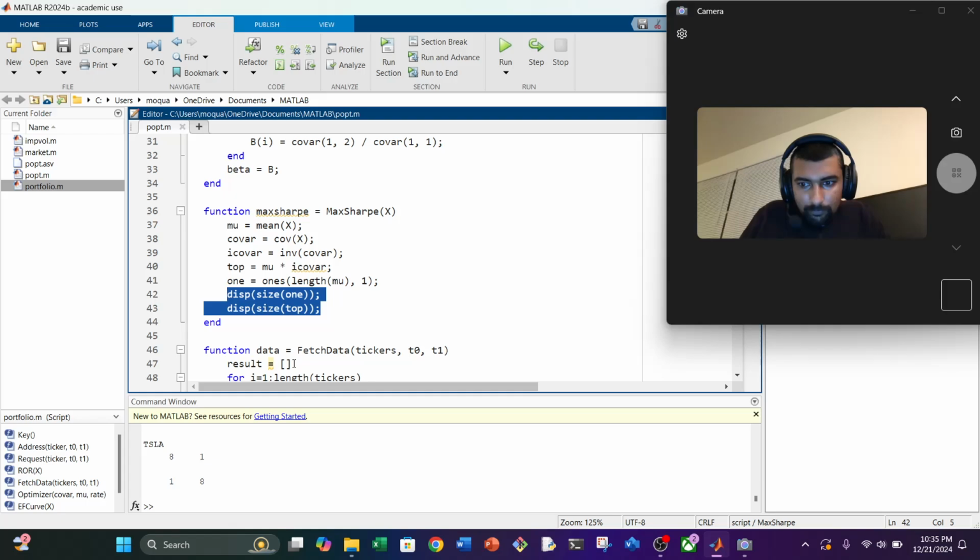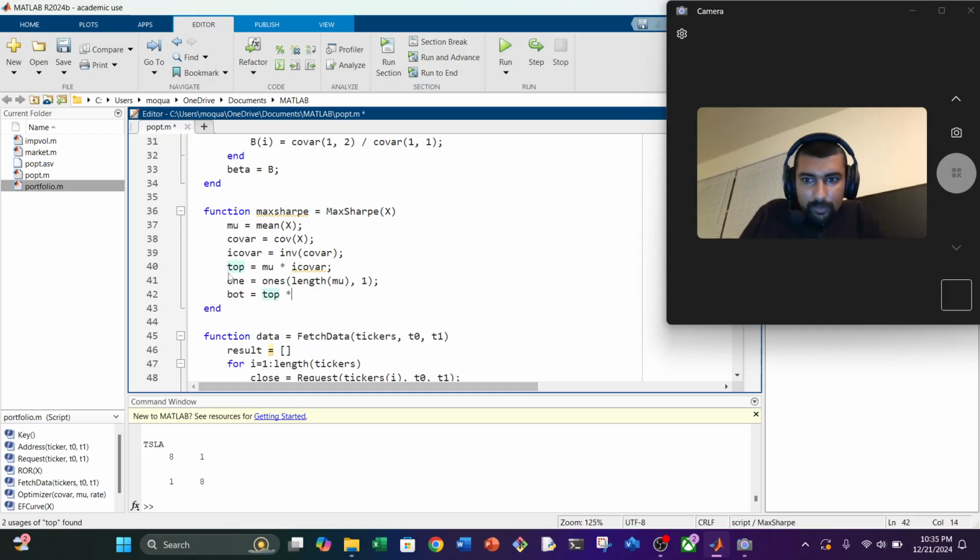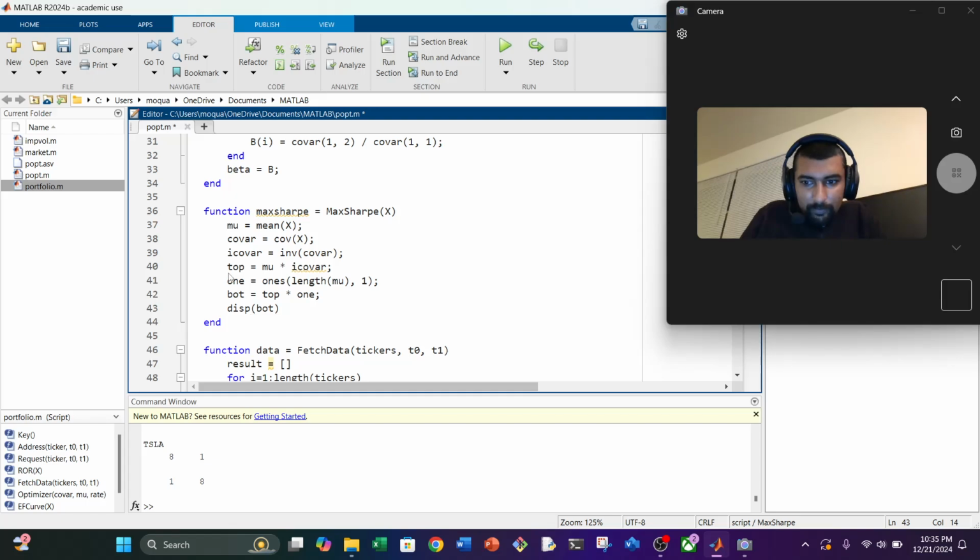So it would be top times 1? Yeah, yeah. So bottom equals top times 1. So display bottom. So yeah, this should be a single number. Yep. Okay. So then it's just gonna be weight equals